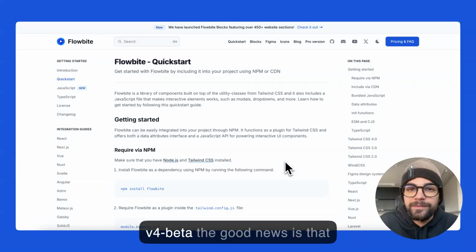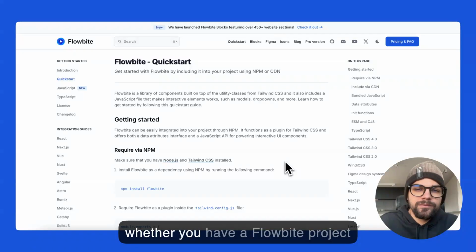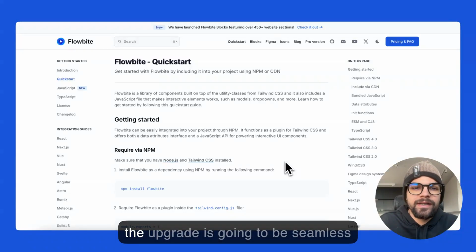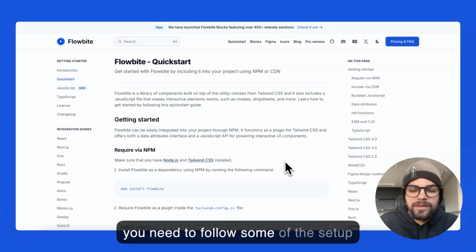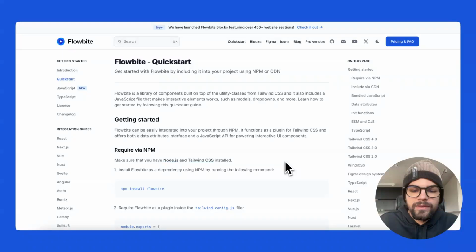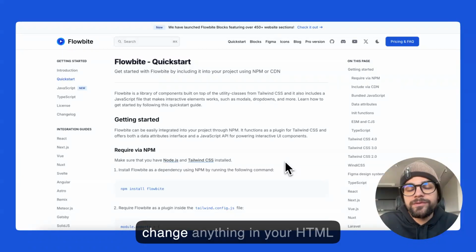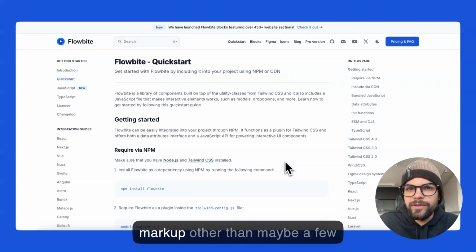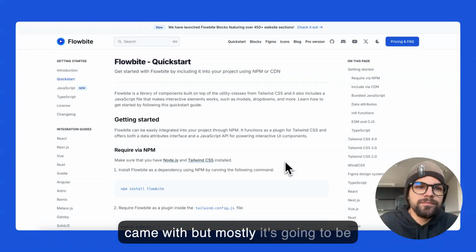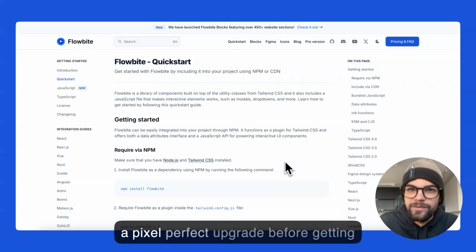Today I want to show you how you can upgrade Flowbite to Tailwind V4 beta. The good news is that whether you have a Flowbite project from 1 year ago or 3 years ago, the upgrade is going to be seamless. You need to follow some of the setup guides, but you don't have to change anything in your HTML markup, other than maybe a few deprecated changes that Tailwind came with, but mostly it's going to be a pixel perfect